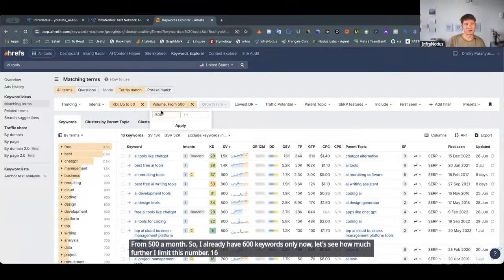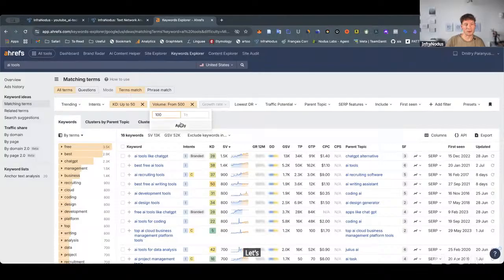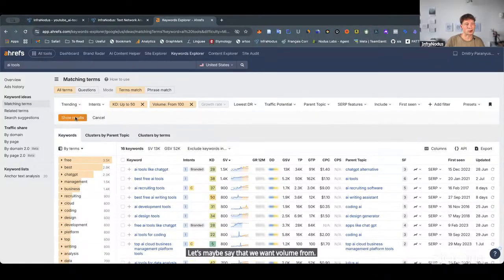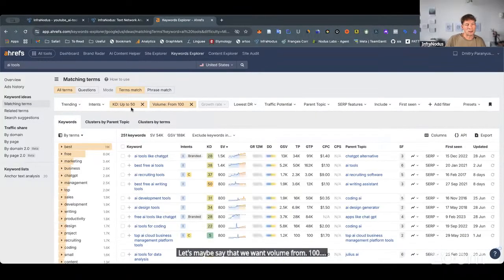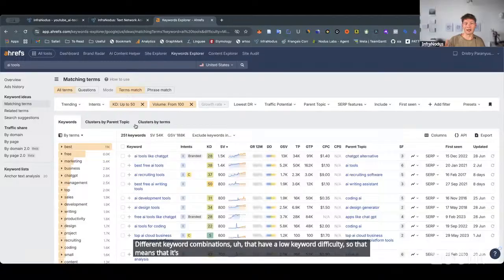So maybe that's a bit too little. Let's say we want volume from 100 and see how many we have here. So here we have 200 different keyword combinations that have a low keyword difficulty. So that means that it's easy to rank high,